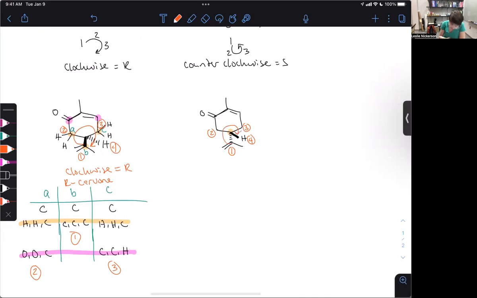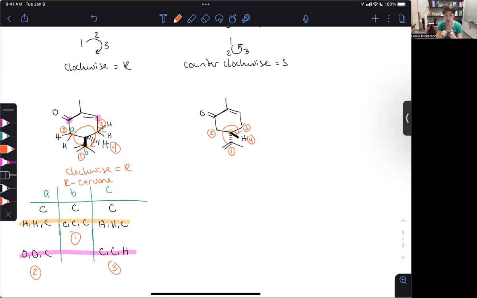Okay, so this arrow that I've drawn here has not changed. But let's look at a model of how we want to think about that. So what I like to do, I'm going to first put it together on this, and then I'm going to stop the screen share. We want to have our model kit, and all you need is a single tetrahedral carbon. I like to have red, white, and blue, just because then I can go red 1, white 2, blue 3, so that I know what direction to go. So what I'm going to try to get through on this, and we'll see if I can do it on the camera,